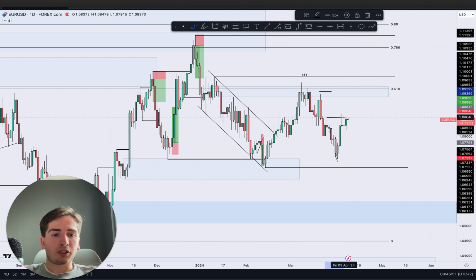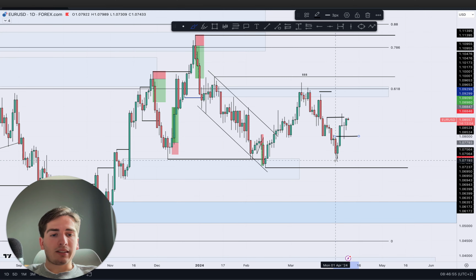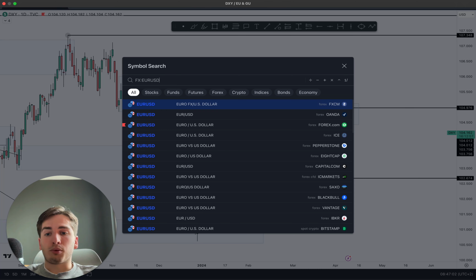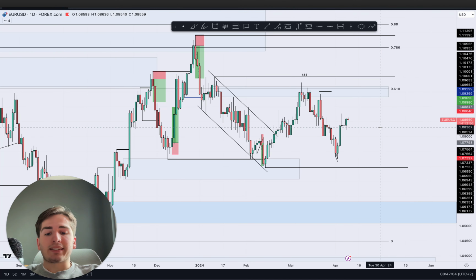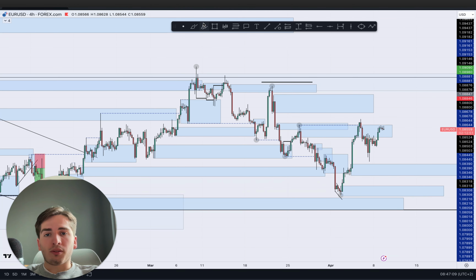We saw a bullish change of character over here on this daily high, meaning we then saw a pullback in towards this area of demand, and from there we're now seeing a further upside push. So it is looking like the euro dollar wants to push up higher from a daily perspective, what I just explained. Then going in towards the 4-hour, we can obviously see that also on the 4-hour time frame we saw